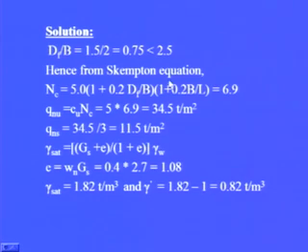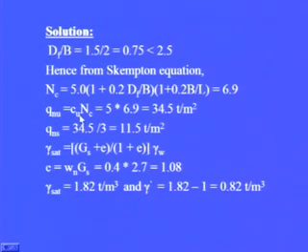Now using Skempton equation, we can find out the net ultimate bearing capacity of the foundation. In order to get that, we first find out what is dF by B. In this particular case, dF by B is equal to 1.5 divided by 2, that is 0.75, which is less than 2.5. Now when it is less than 2.5, then NC is given by this expression, which we have already discussed in the lecture. NC equal to 5 times (1 plus 0.2 dF by B) times (1 plus 0.2 B upon L). When we substitute these dimensions, we get NC equal to 6.9,